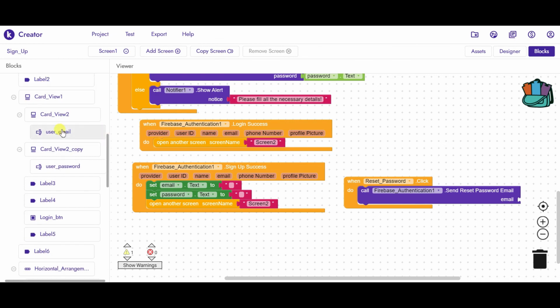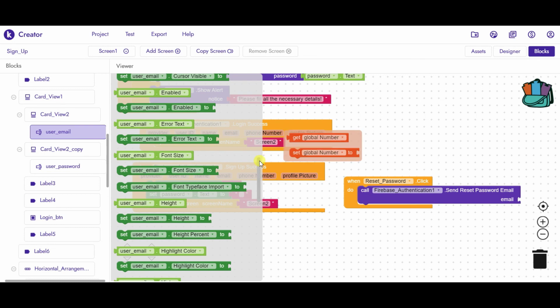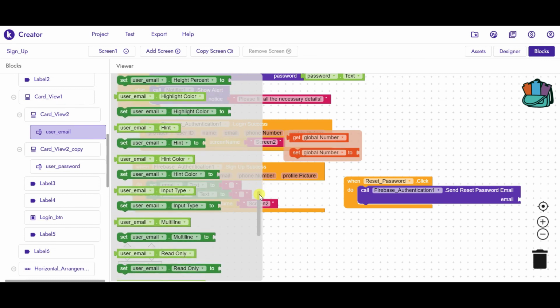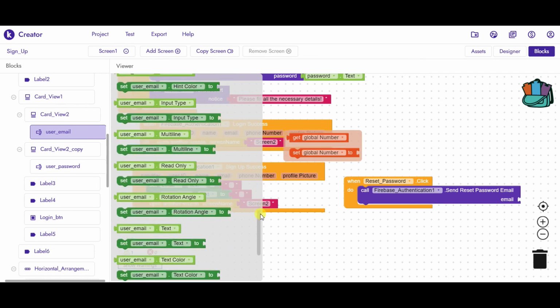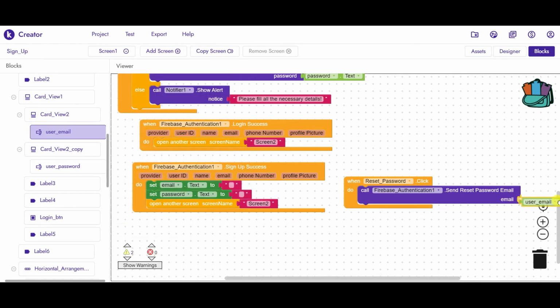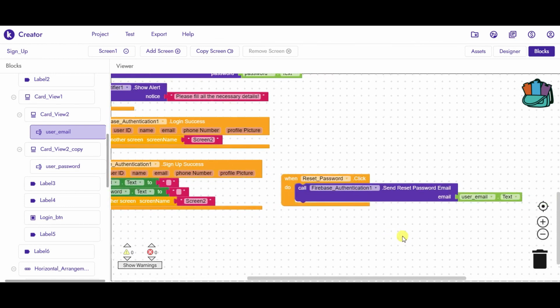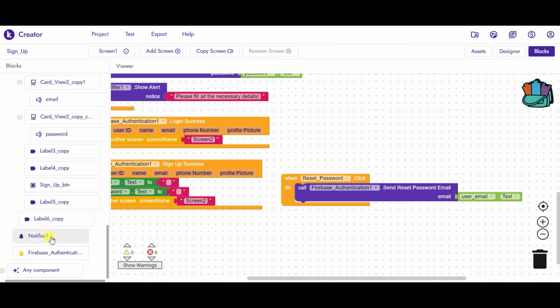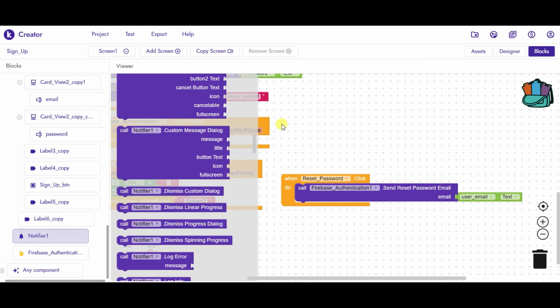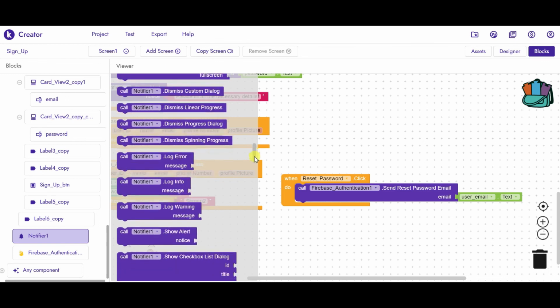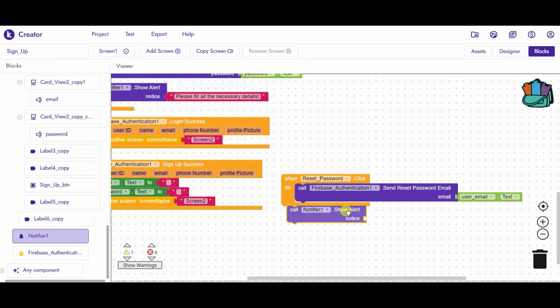So if you choose this option of user email.text, then it will benefit you more. According to your convenience, you can just add the email and it will automatically send the mail on that email ID which you will enter. And we will call the notifier and show a notice.